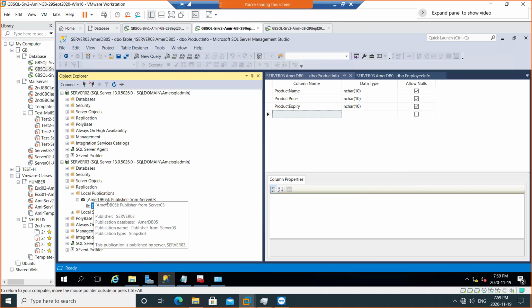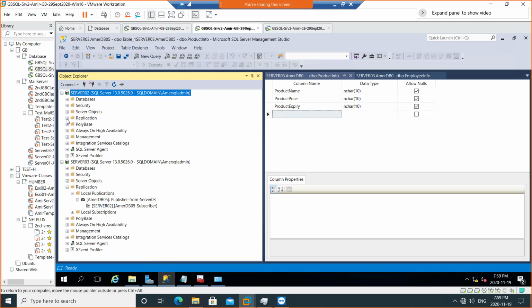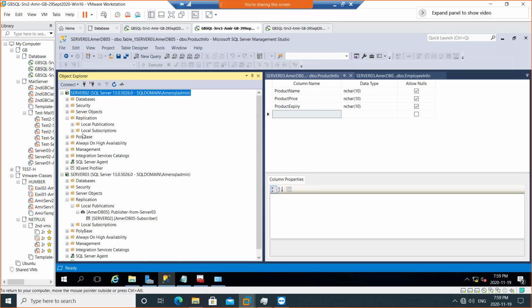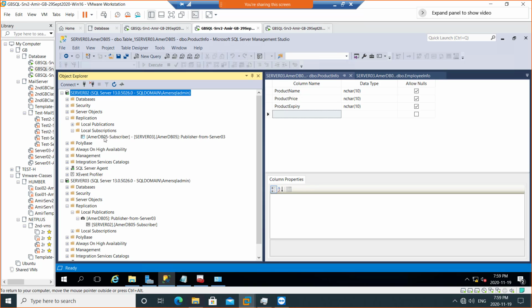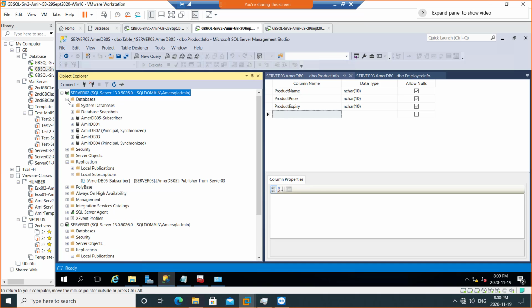So this is the subscriber or publisher side. If we go up to server 2, and go to its replication, and then go to local subscription, it does show that there was a subscriber configured here as well. The subscriber is supposed to be receiving the data from the publisher. If we go up to the databases, was there a database created on server 2 that we created remotely from server 3? So I'll expand that, and